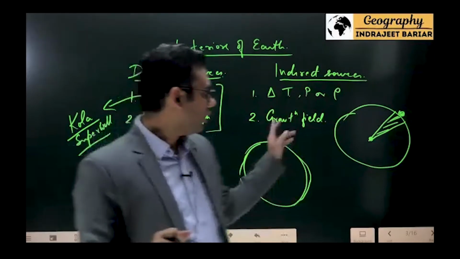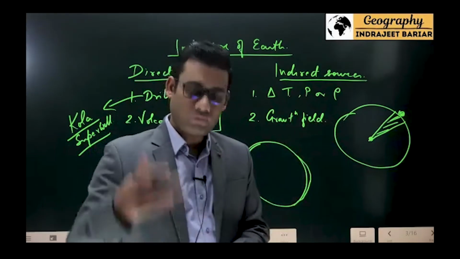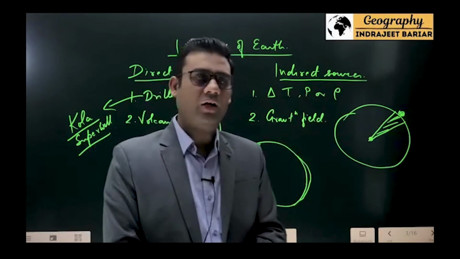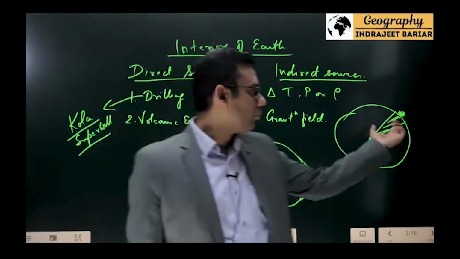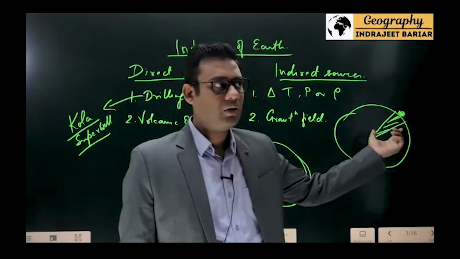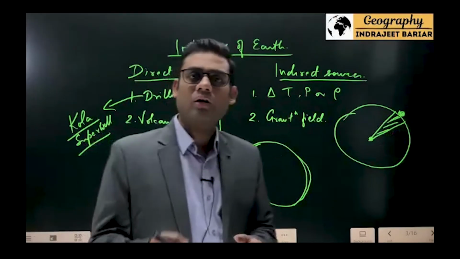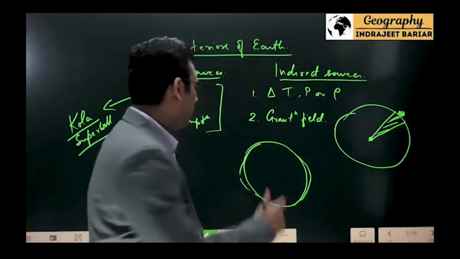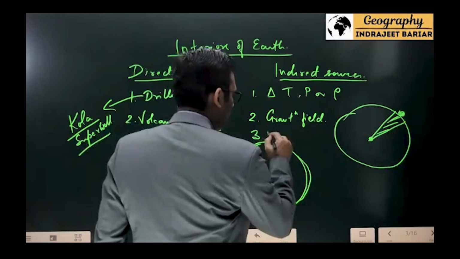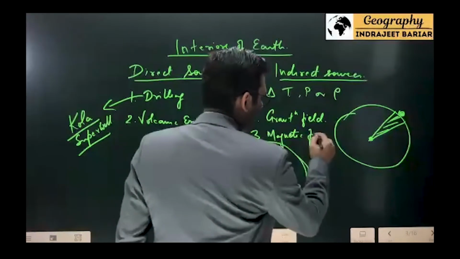So studying the variations in the gravitational field is going to give me an idea of the materials underneath that particular place. Because mass ultimately is going to depend on density, correct? So density is more, density is less. This is how we can figure out. So changes in the gravitational field. Very much similar to that, we can deal with the changes in the magnetic field, the variations in the magnetic field.